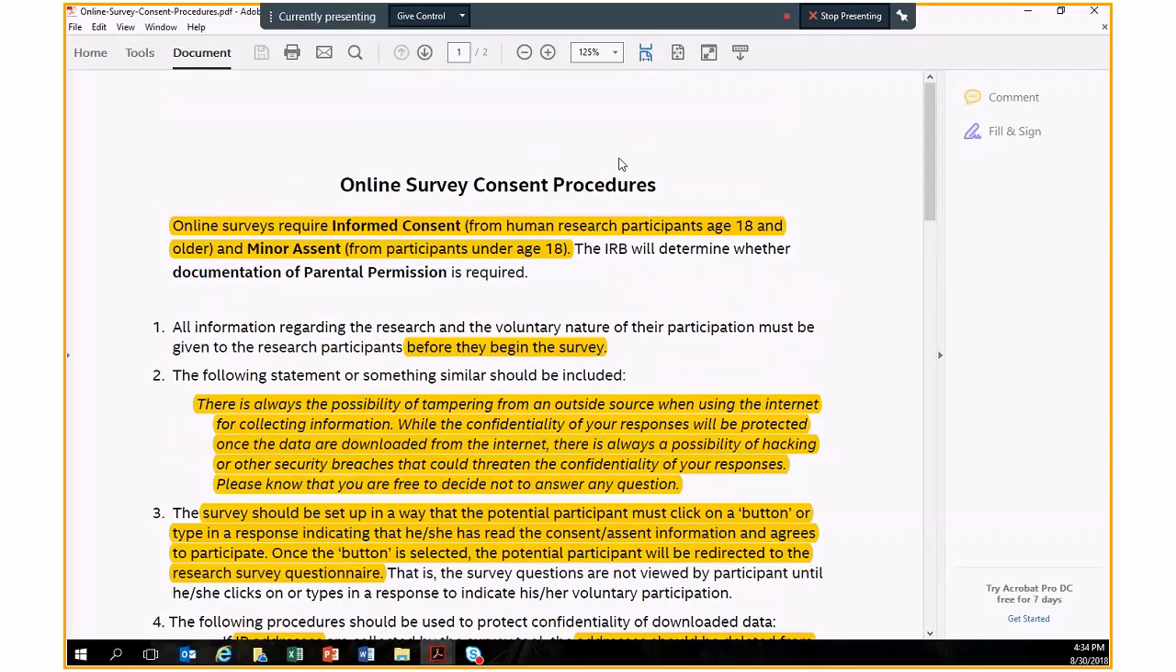Any questions on that? Nope. It's pretty clear. All right, well then